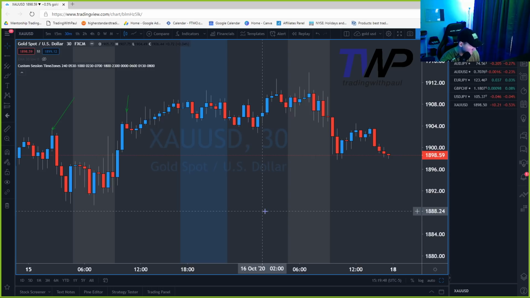This is exactly what the big boys want you doing. They want you buying the break of that. They're setting you up. It's a sucker play, and then you get the signal right there. And what does it do? It comes down here, breaks below, and then gives you this signal right here, right?